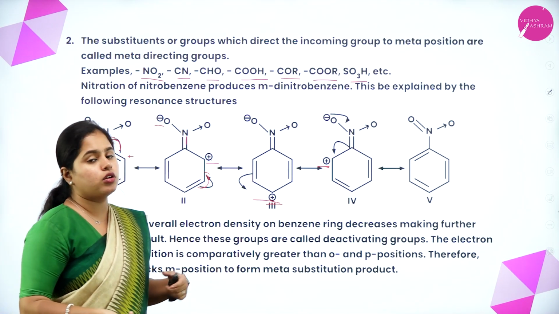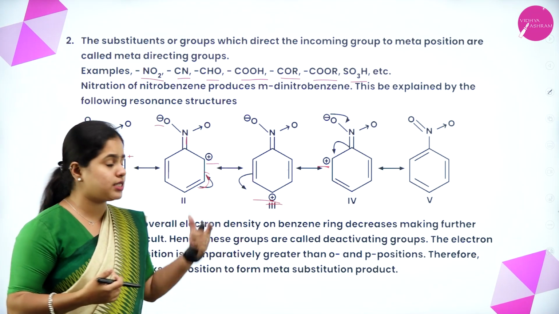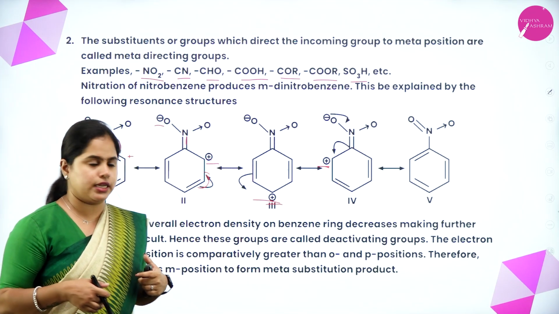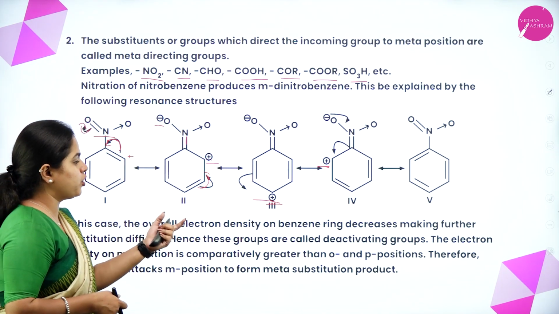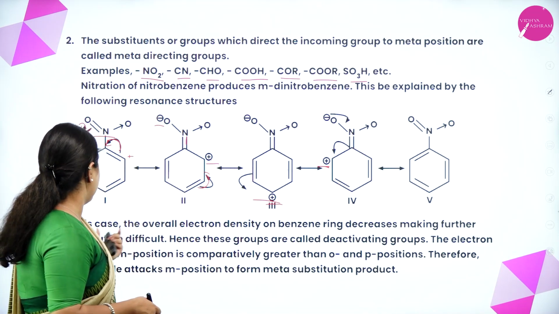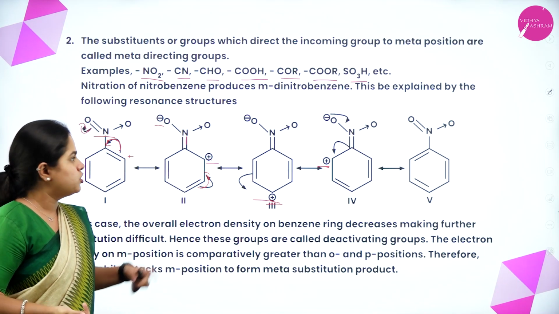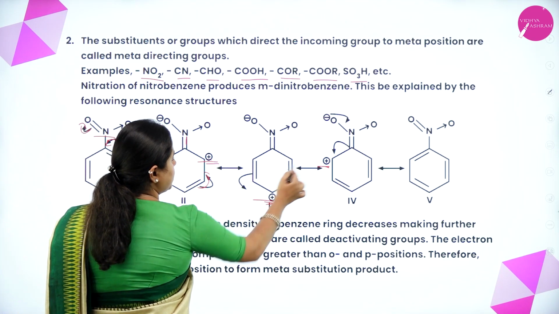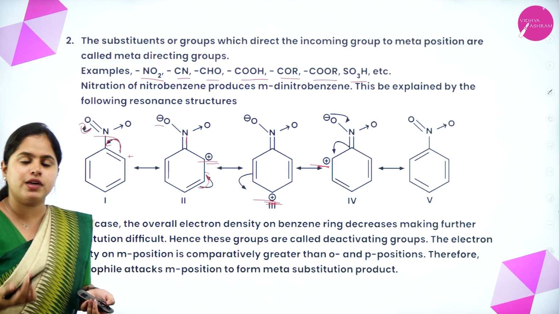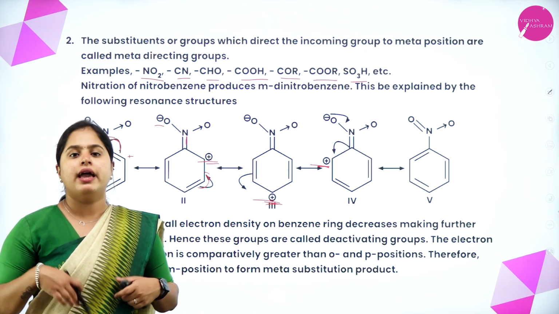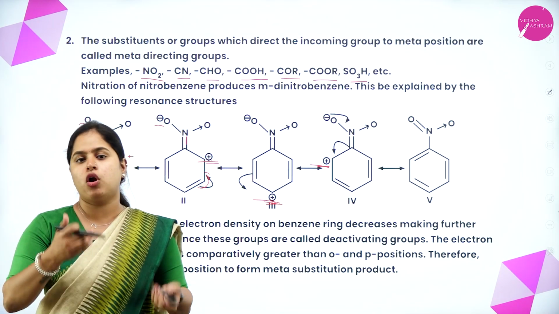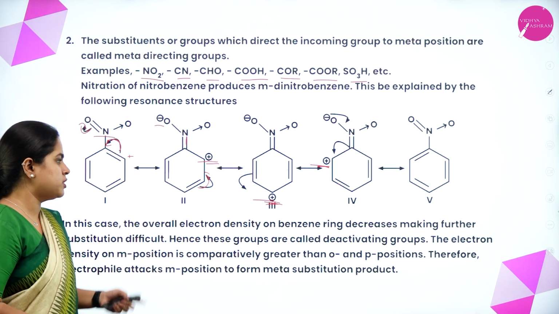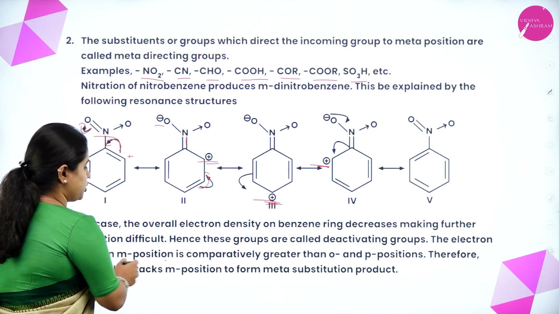Okay, that is why they are also called deactivating groups, because it is taking up electrons from the benzene ring. The nitro group is taking up the electrons from the benzene ring. So as you can see in this case, the overall electron density on the benzene ring decreases, making further substitution difficult. So in the ortho and para positions, as you can see in this ortho position, this para position, and in this ortho position, it will become difficult to substitute another group because the electron richness or density is overall less there. Right, okay, hence these groups are called deactivating groups, and the electron density on the meta position will be